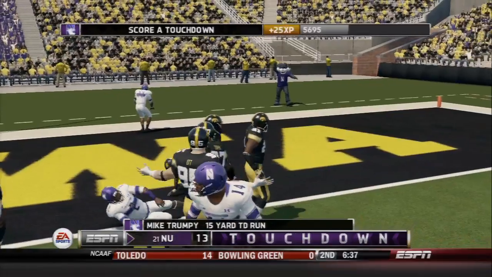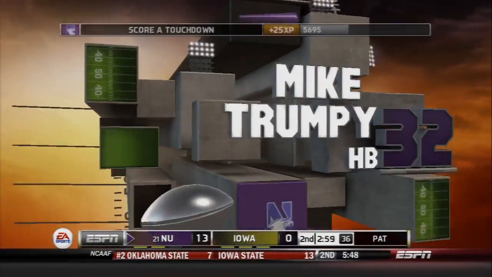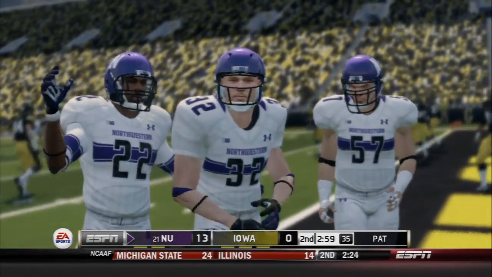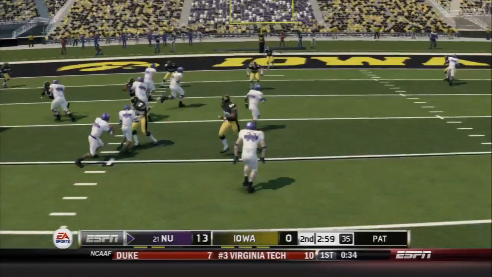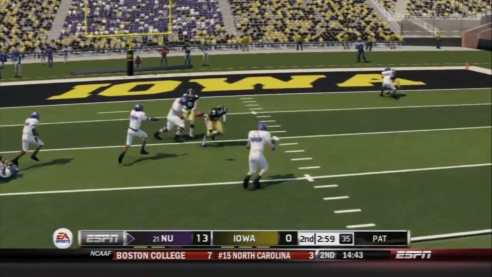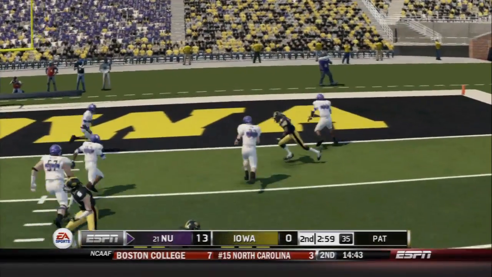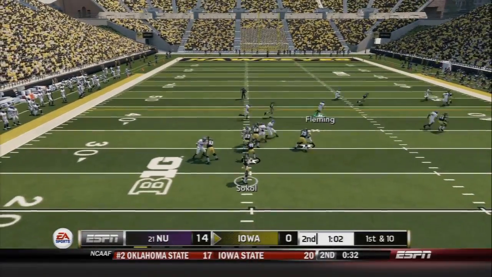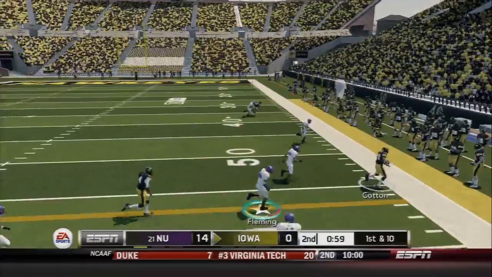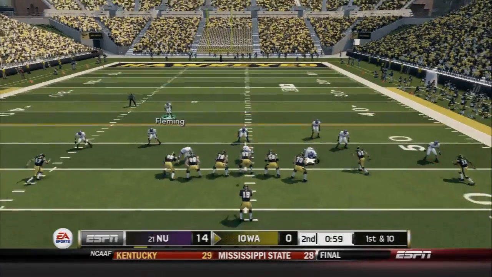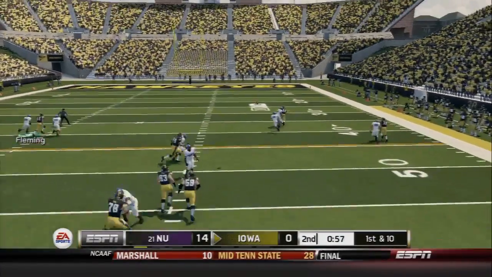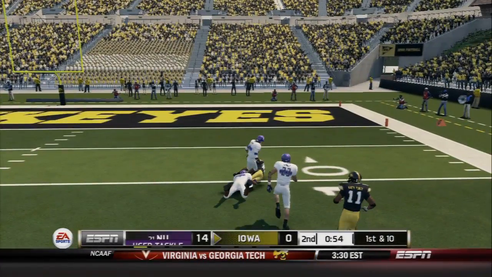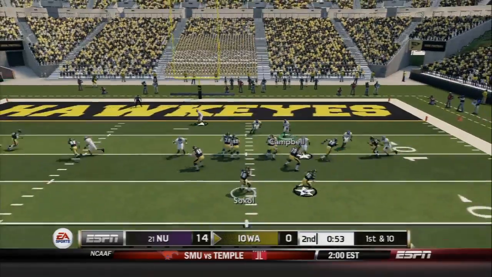And our defense is still staying strong. Of course, the offense is putting up points like Mike Trumpy is going to go ahead and do there. But the defense is still ranked number 1 in the nation in yards allowed per game and number 2 in scoring defense, points allowed per game. So 205 yards allowed and 14.1 points per game goes for number 1 and number 2 in the nation. So pretty impressive for the Northwestern Wildcats, as we are just trying to battle back up into the top 10.